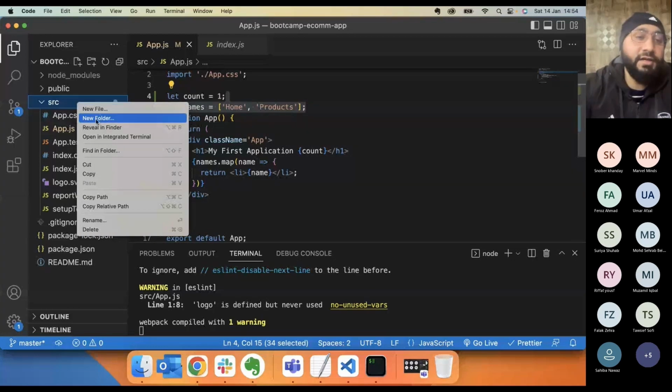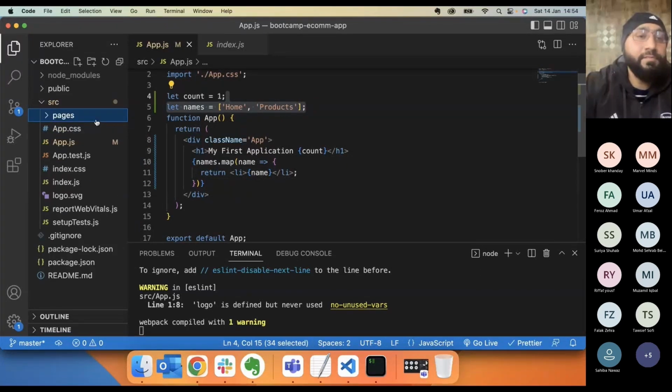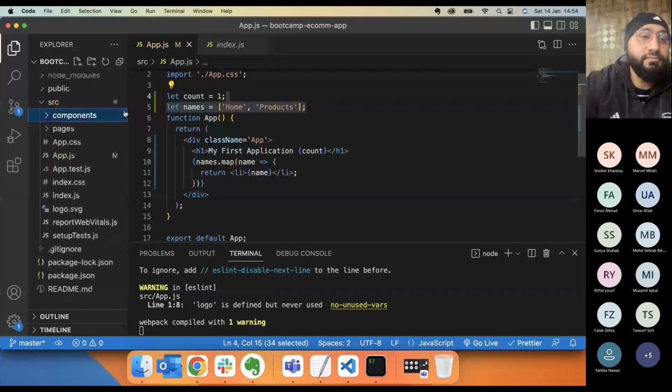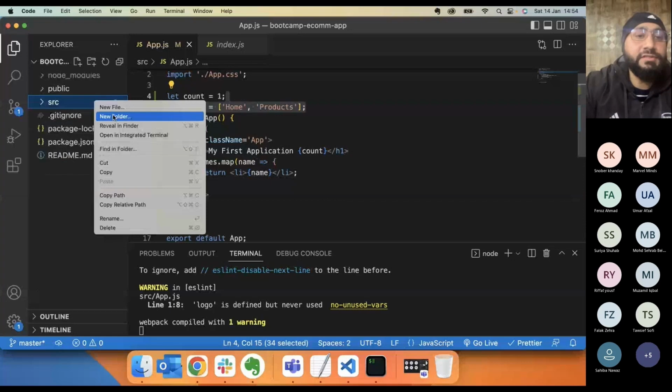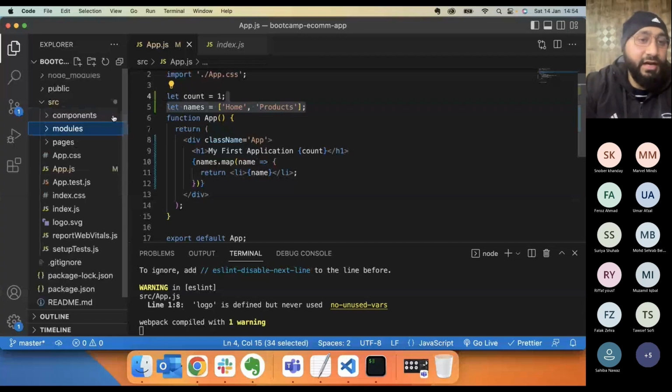So let's do one thing. For that reason, I'm going to create some folders. So I'm going to create 3 folders. One is called pages, another one is called components. So this is generally a standard practice, but I'll show you some more tricks. Okay, so यहाँ पे एक और चीज बनाएंगे called modules. Okay, हर एक चीज का अलग अलग मीनिंग है, राइट, यूज करने का, और we will read that one by